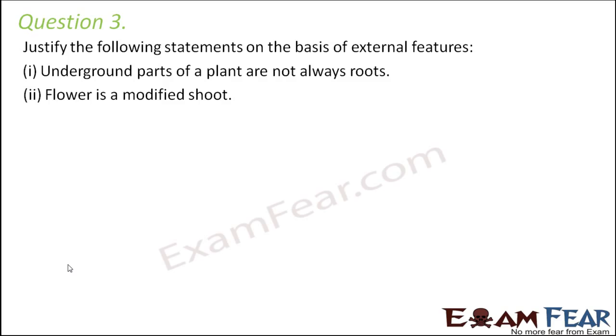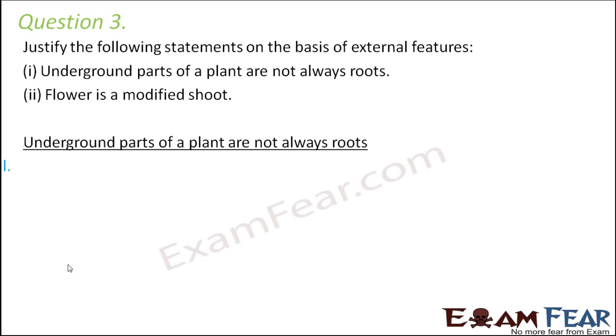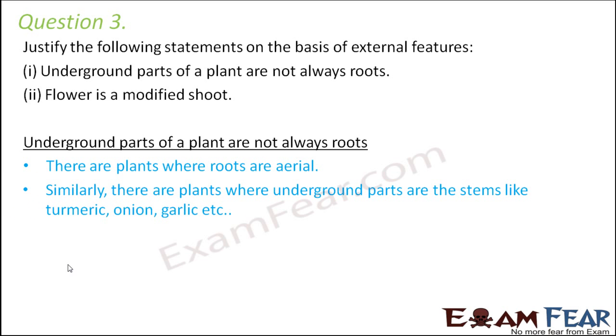At the same time, we have also seen that there are other parts of the plants which can be underground as well. For example, stems. We talked about underground stems, right? So underground parts of a plant are not always roots. They can be stems as well. There are plants where roots are aerial. Similarly, there are plants where the underground parts are the stems. For example, turmeric, onion, garlic, etc. In all these cases, we have underground stems. We have in fact spoken about so many different modifications of underground stems like rhizomes, tubers,